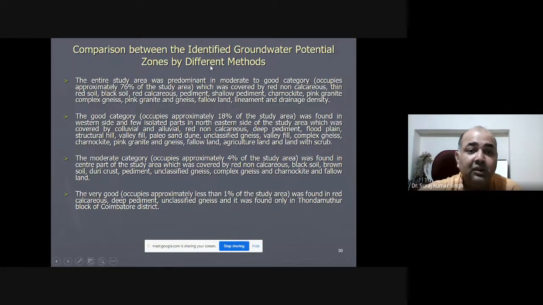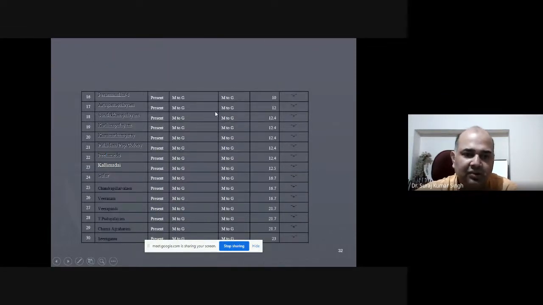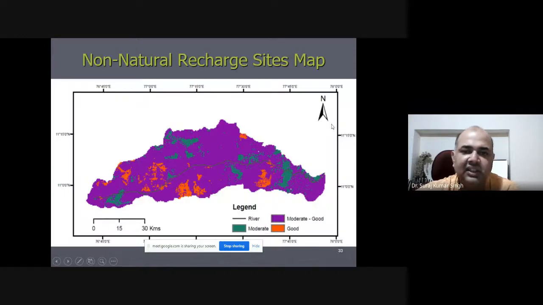So using that, you can take out what is the total area, what is the percentage, and what is their validation. Finally we'll be validating it in the field, and we'll go and check in the field. We'll have pumping, will be extracting, will be checking it physically on the ground whether the statistics that we have stated are positive or negative. So you can see that in maximum places we got a positive correlation with all the methods that we stated generally, and this is the